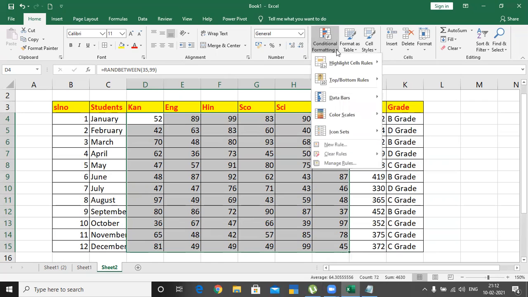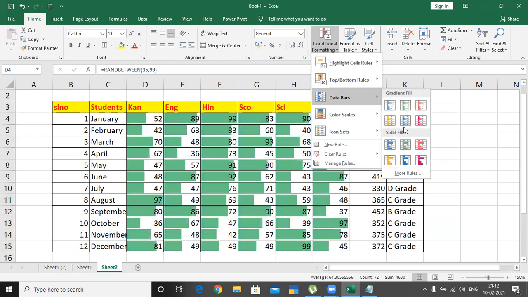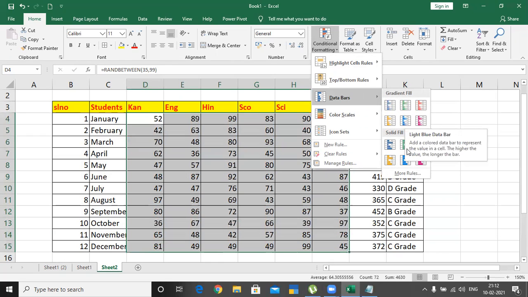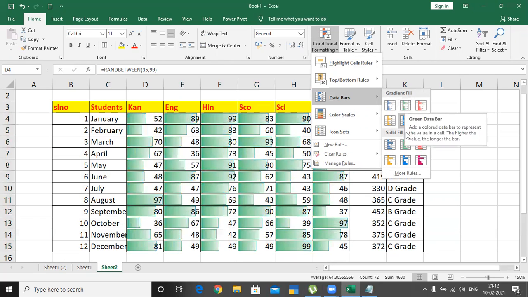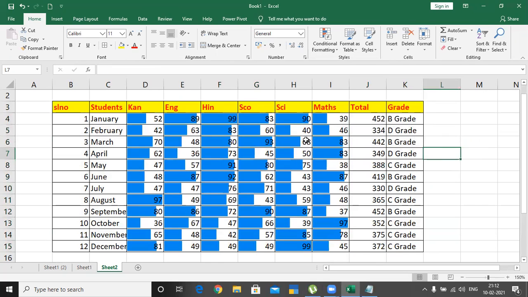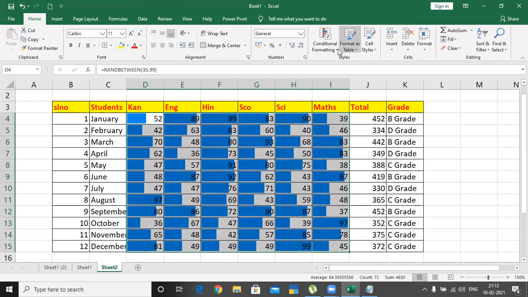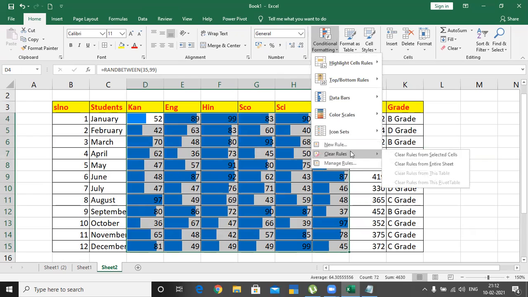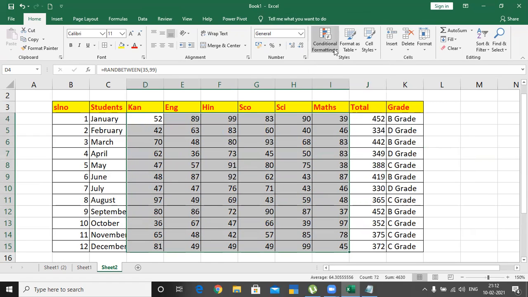Okay, now the condition is select this area. I'll go for conditional formatting and I'll apply data bars. The moment you apply the data bars, it will show you two ways, one is gradient color and one is solid color. Click the solid color one, and as per the value, the bar will be highlighted. This is one method. So this is data bar wise. If you don't want it, go to conditional formatting, and we have an option called clear rules. Clear the rules from the selected cells. So deleting.